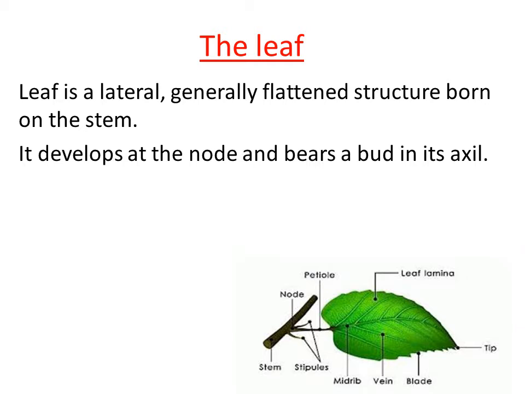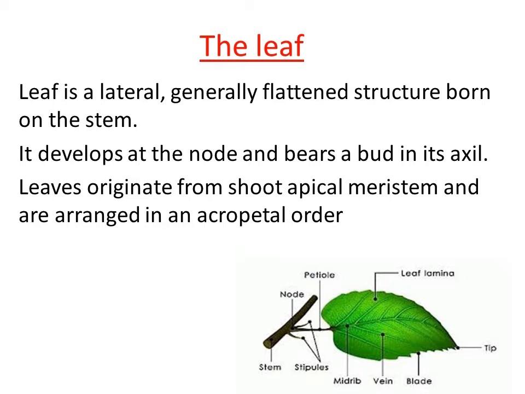Clear? In between the node and the axis of the leaf, there is a region. That region is called the axil region. So the axil is the region from where bud formation takes place. There are certain buds that can be seen in the axillary region, and those buds are known as axillary buds. We have already discussed this in the modification of stem, right? In the axillary position, the bud that we can see in the plant is nothing but the axillary bud. The axillary bud is modified in some plants into tendrils and thorns for different purposes, right?